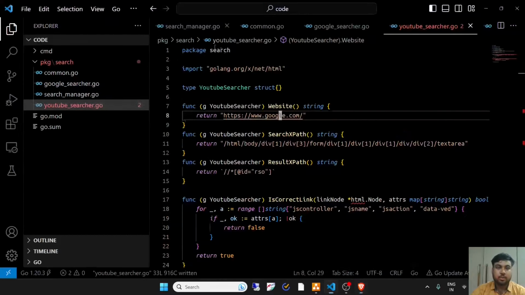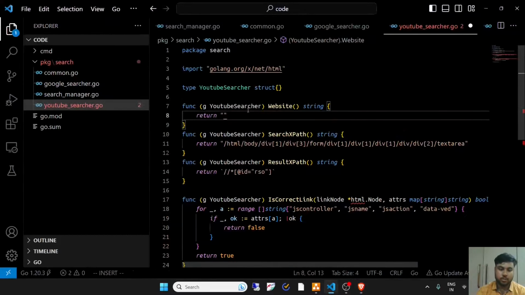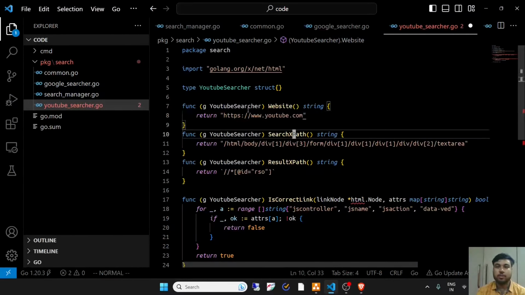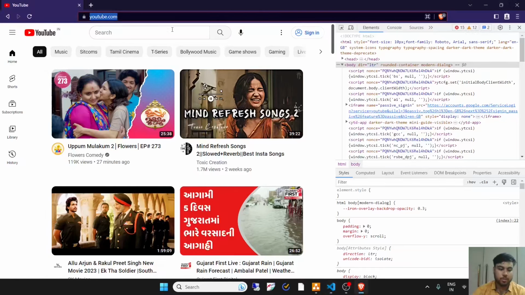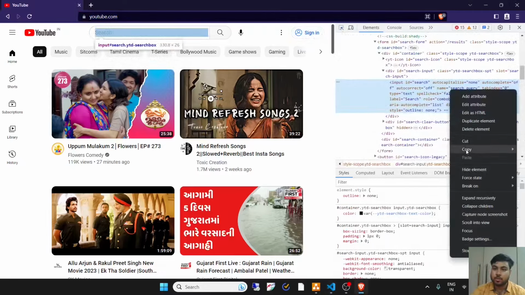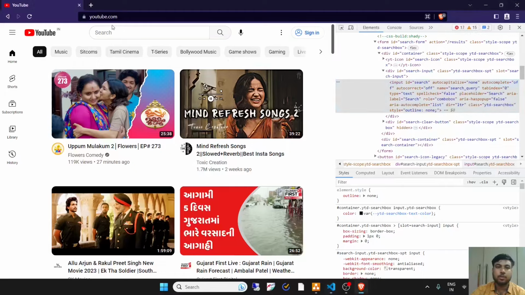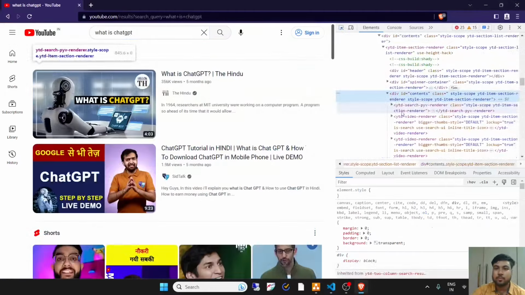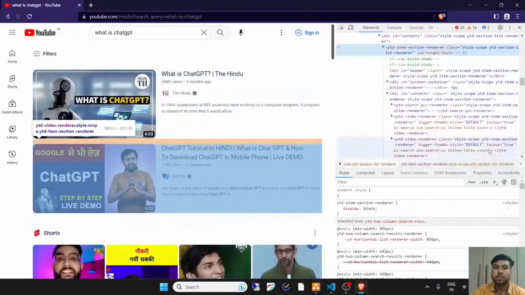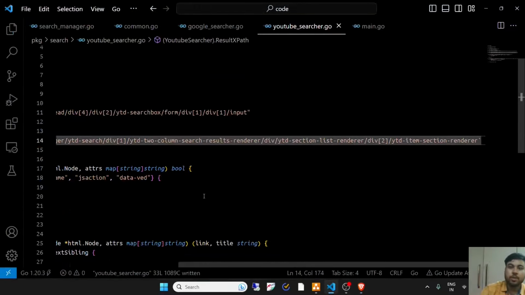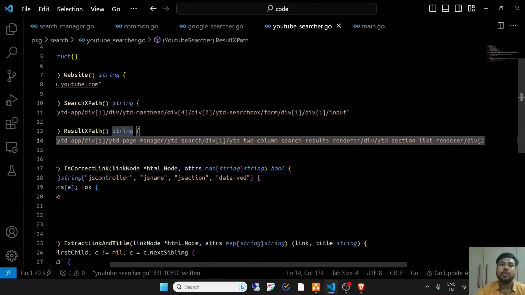So let's copy this and append it to YouTube, and the search path. I'll just copy the full XPath, and as for the search result, this is the full XPath for the YouTube search result.